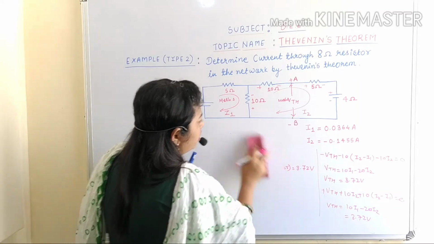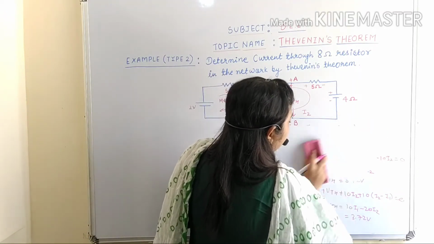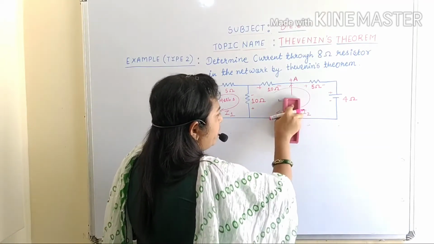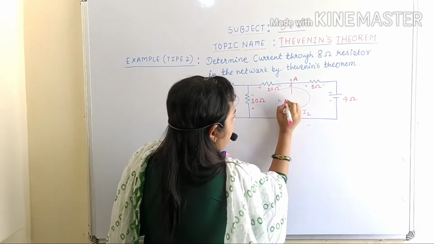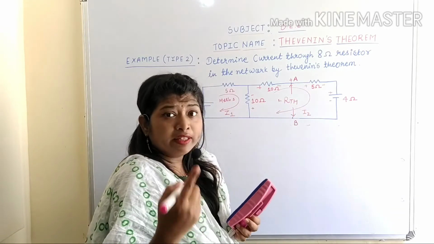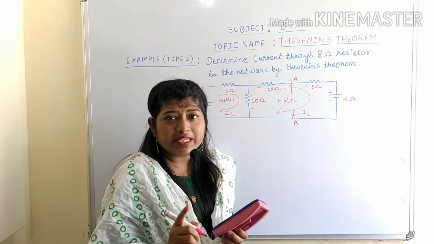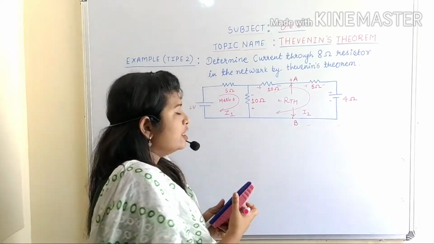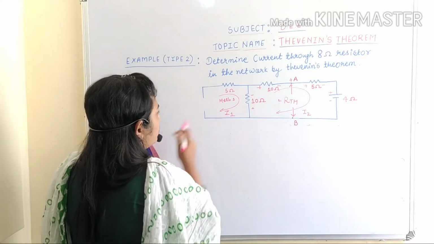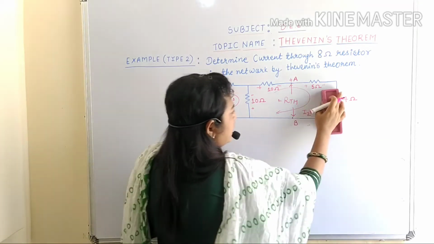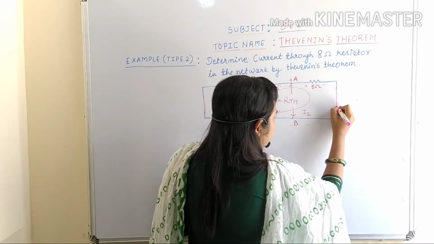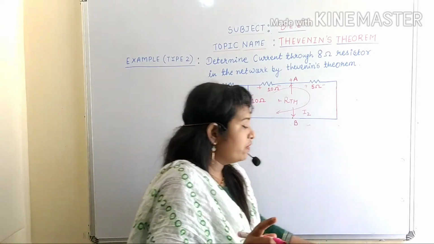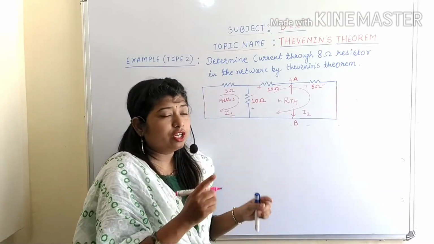Please pay attention over here. The procedure to calculate Thevenin's equivalent resistance is what? Now you need to replace VTH by RTH. Am I right? Then you have to identify the sources in the circuit. How many sources are there? There are two voltage sources. So simply you have to replace the first voltage source by a short circuit, then the second voltage source by a short circuit. Now this is your new circuit diagram to calculate Thevenin's equivalent resistance. I hope you have understood this.